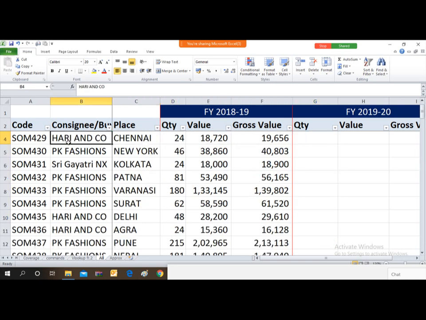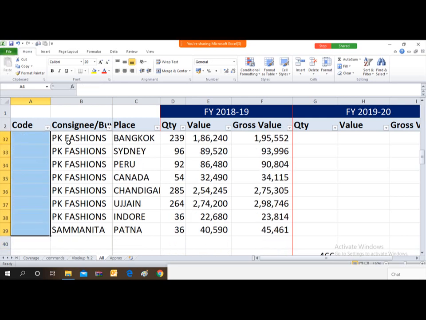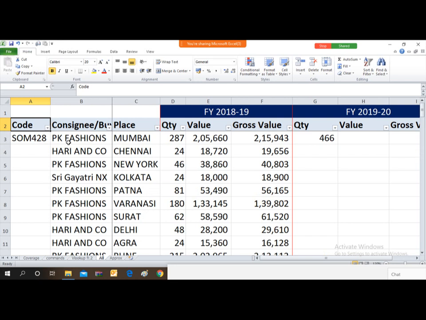But friends, in our example, the unique value was the party code. In both the tables, party code was unique, and so we could utilize this value. Now suppose this unique code is not there. I am just deleting it. Unique code is not there. Only party name is there, place is there.